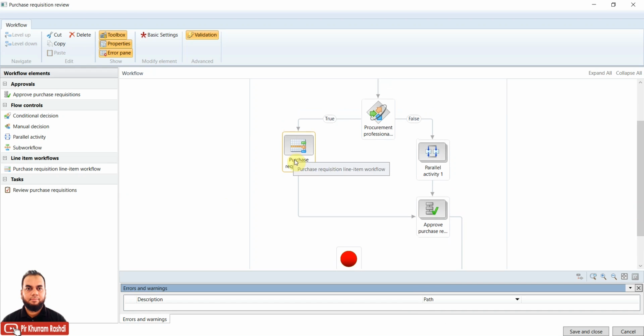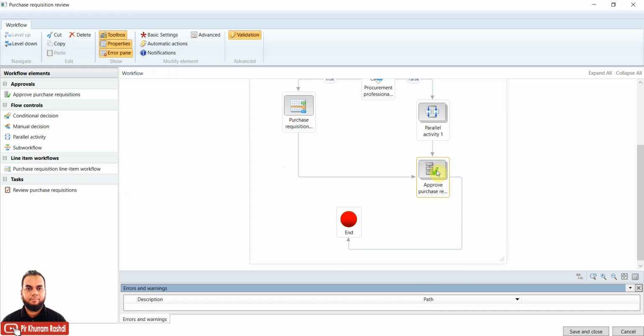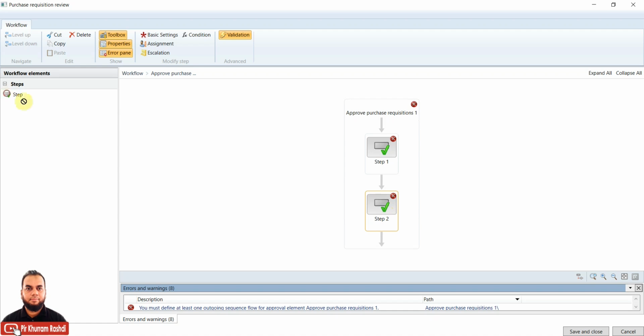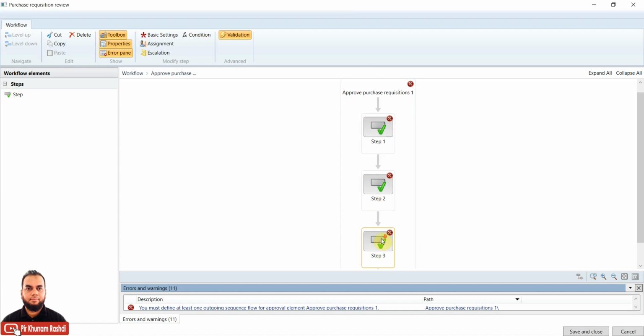That will be in case of true, and then there will be an approval node, and this approval node is simply this node on the left hand side, and whenever you drag and drop it, it will contain one step. This can have multiple steps also, and for each step some person or user can be assigned. For example, I will drag and drop another step, and in a similar manner you can add multiple steps. So these will be multiple levels of